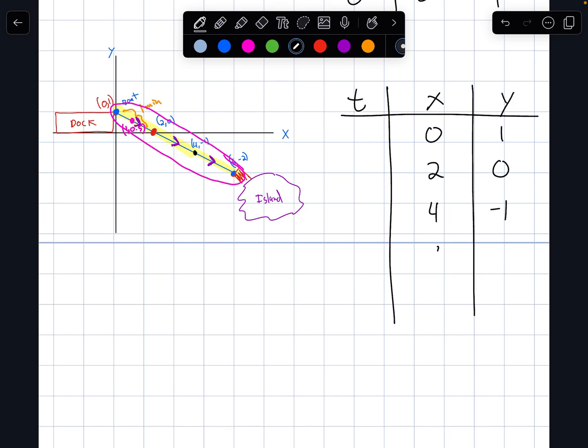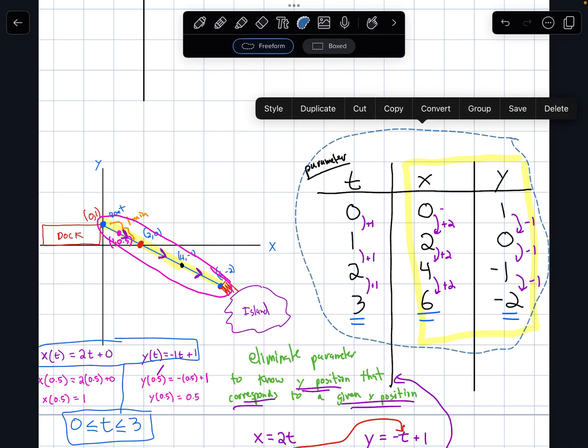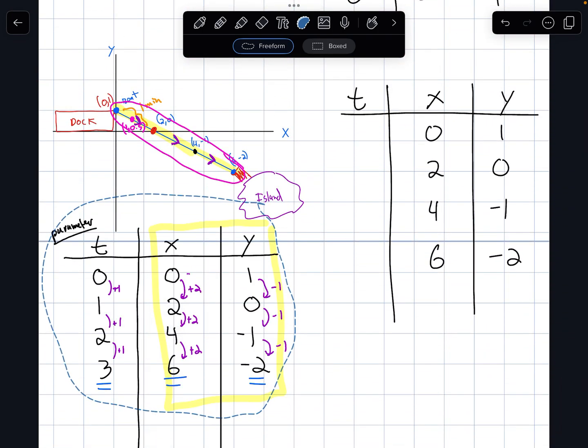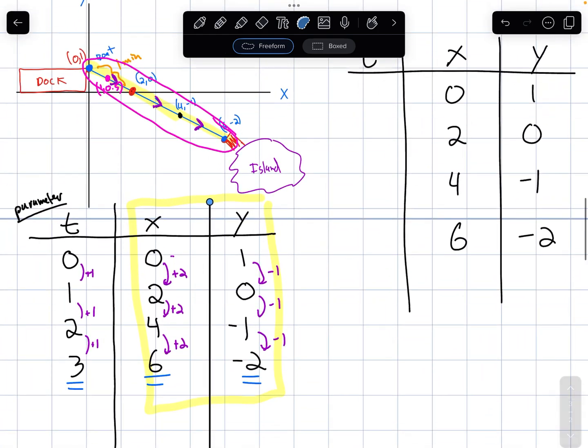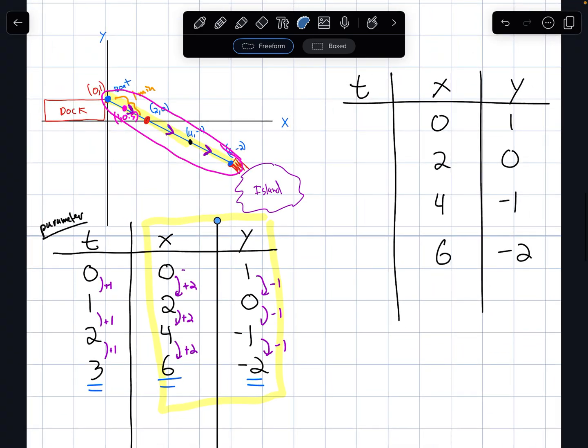And before, we set our parameter of time and we said 1 minute per key coordinate that we had. But if we wanted a much slower boat, we could tick our time by 0, then maybe 5 minutes, then 10 minutes, and maybe this is a 15-minute boat ride. And so in this case, I could have basically the same